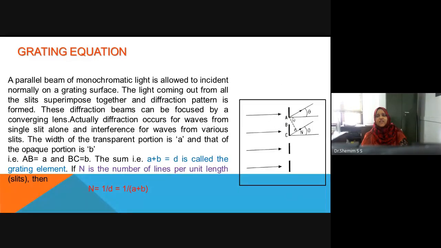Now we can see that when light is made to incident on this grating, it is made to diffract through an angle of theta, or it is deviated from its original path by an angle theta, and this angle theta is known as the angle of diffraction. Now, from the point A, you can draw a normal towards the ray of light coming from the point C. This ray of light is coming from point A, and from the point C, this line is coming. Then draw a normal from A to this Cn, which is the ray of light coming from the point C.